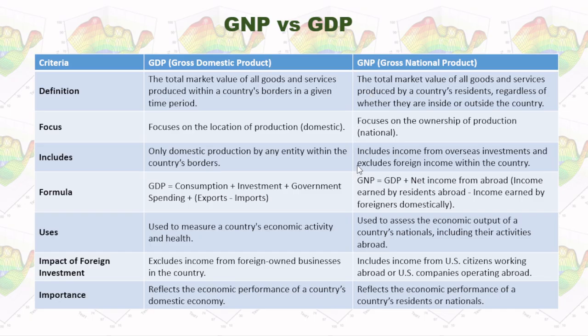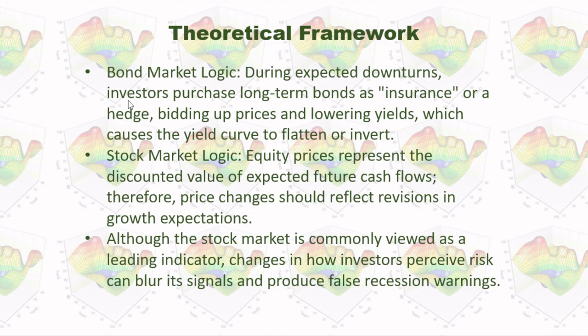Harvey didn't explain why he used GNP instead of GDP for his model. What I'm thinking is maybe he thought we should consider the net income from abroad for a certain country to measure economic growth. So I use GNP for my model. In this way, I can compare my results with Harvey's results.